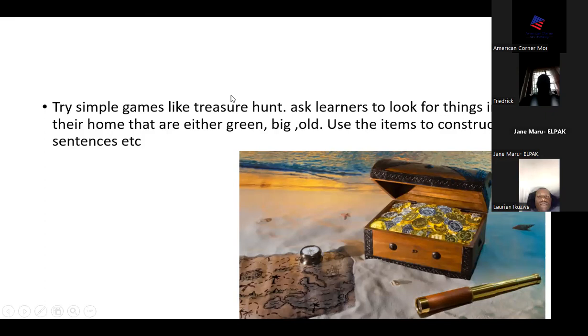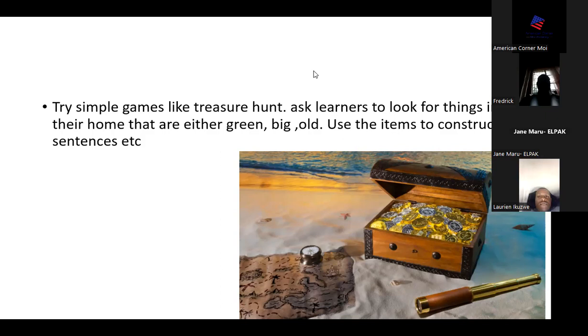Sorry, let me just move this. So you can ask learners to look for things in their home that are green, big, or old. Say, for example, you are teaching them about adjectives. You can ask them, look around your home. Are there items that are green? And then they go looking for a green, maybe a book, or probably even a cup. And then use the items to construct a sentence. You can say, this is a big green cup, or you can talk about color, sizes,